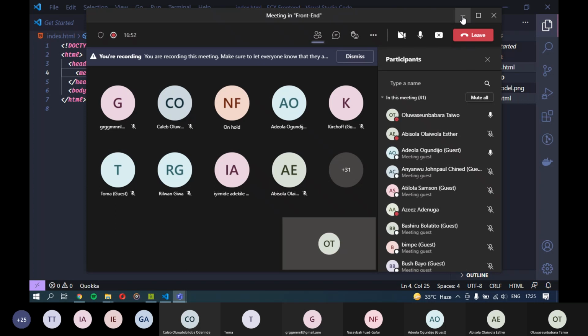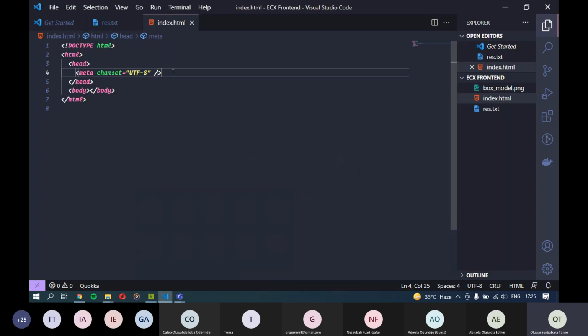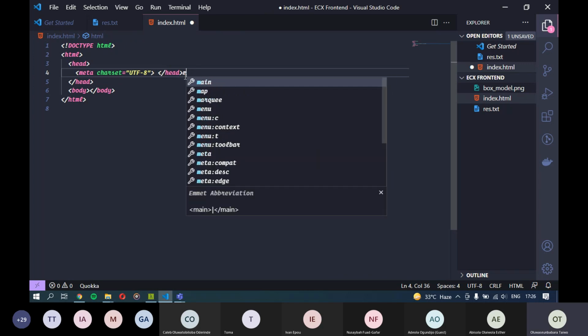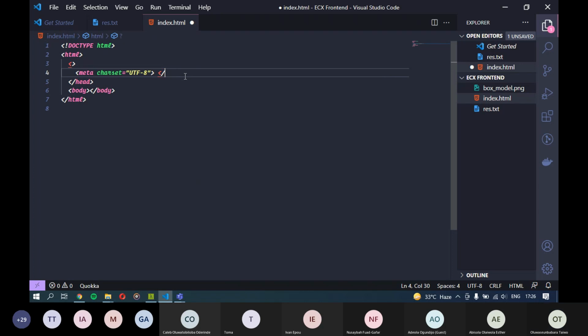Okay, cool. So the meta tag does not have a closing tag, as you might have noticed. Instead, it closes itself. That's why you have this slash at the end. What this slash means is, we're not going to put anything in between the meta tag, so normally it's going to be something like this, based on what we know so far.